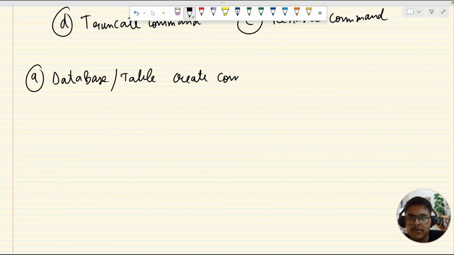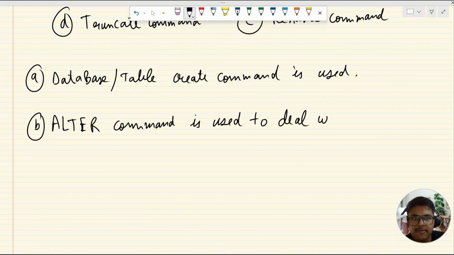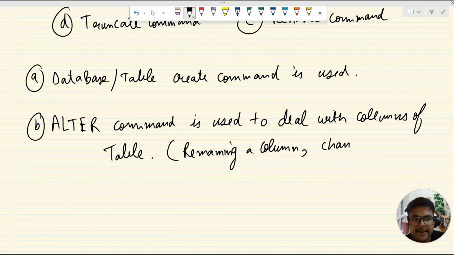Create command is used, then we can say alter command. Very, very important command is used to deal with columns of the table. Like whenever we have to rename a column of the table, or change the data type of a column. For example, suppose you mistakenly set name as int, there we will use the alter command to change the data type. So that's why the alter command is used to deal with the columns of a table, like renaming a column, changing the data type of a column,